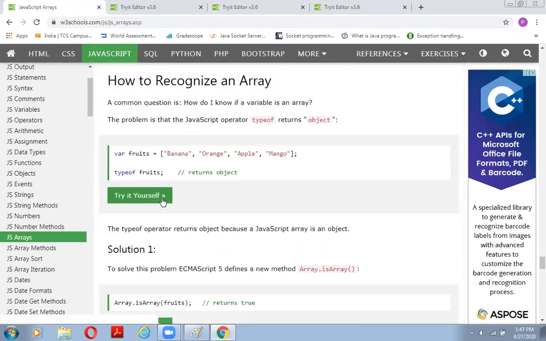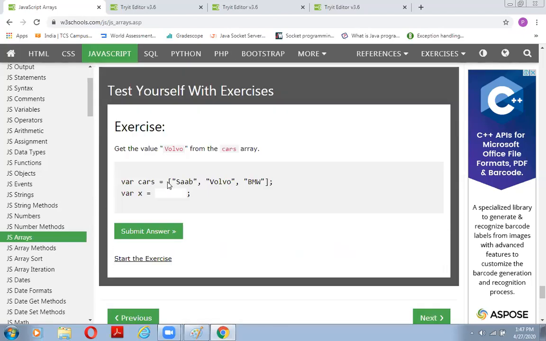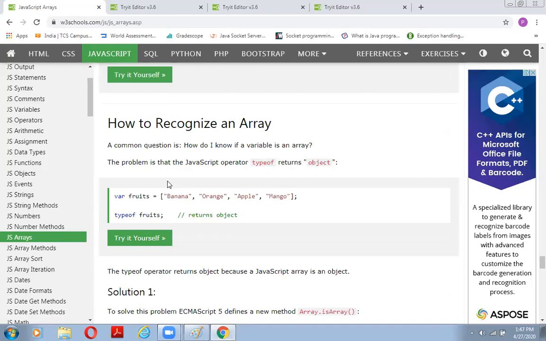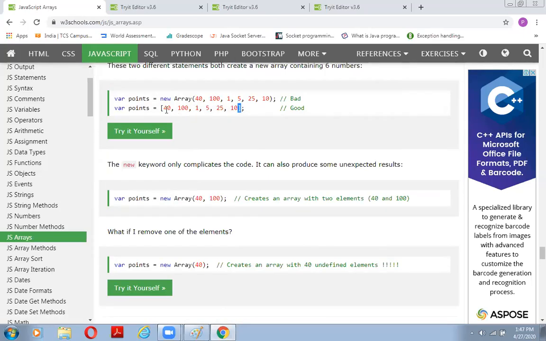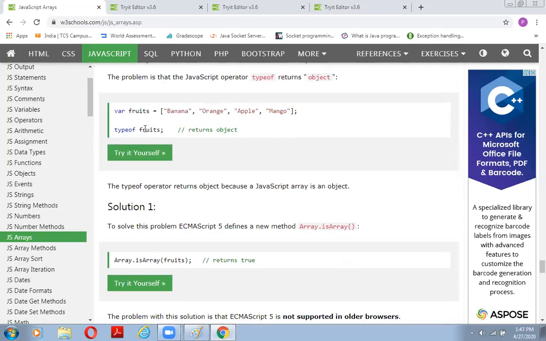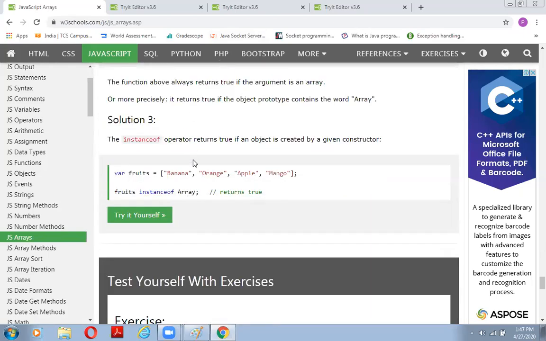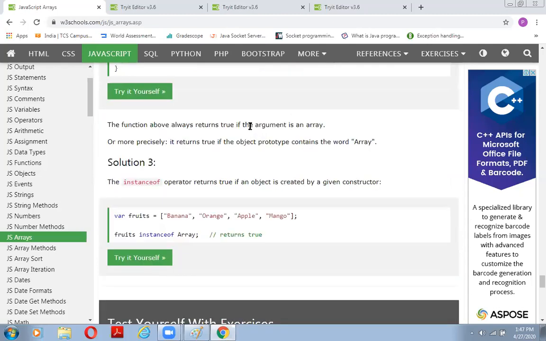This is all about arrays. What have we learned? We define the variable with square brackets or the constructor method, and we can get an array of fruits, which is of type object. These things will be covered in the next class on JavaScript array methods. I think you now understand arrays better, can differentiate array and object, and know that an array is a numbered index and an object is a named index. That's all for the class. Take care.